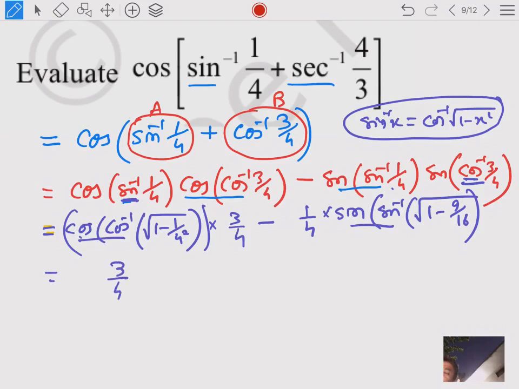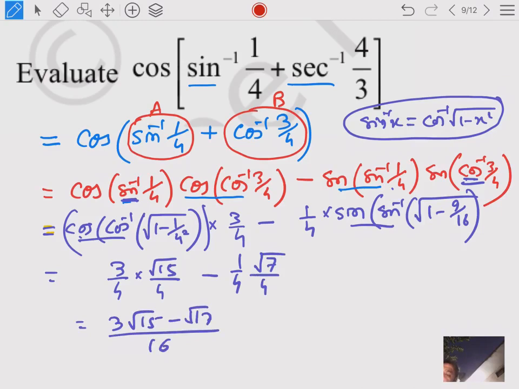Then 3 by 4 into root 15 by 4 minus 1 by 4 into root 7 by 4. So the answer is (3 root 15 minus root 7) by 16. This is the answer. There are many questions of this type in your book and in the examples of your exemplar book. So students,